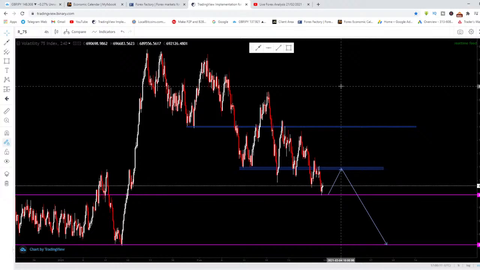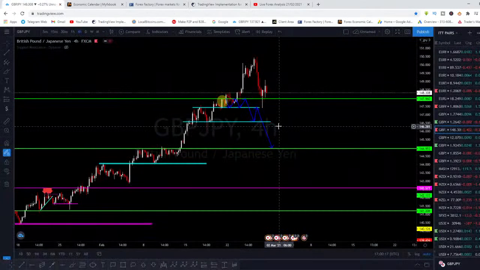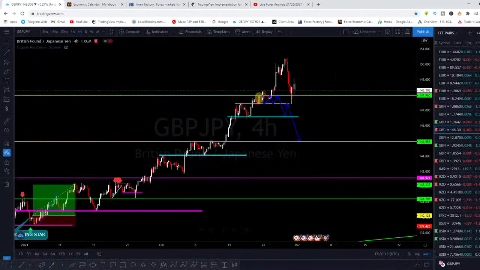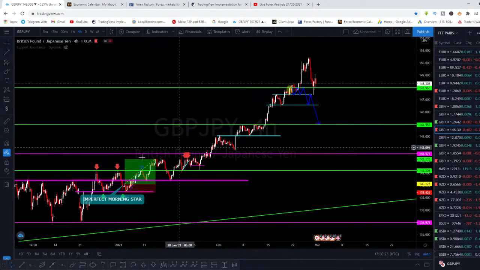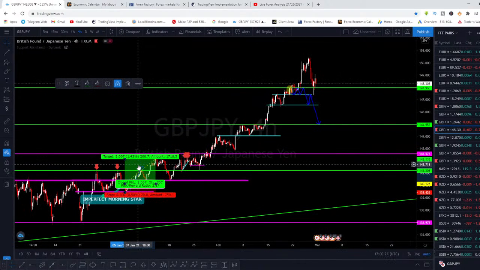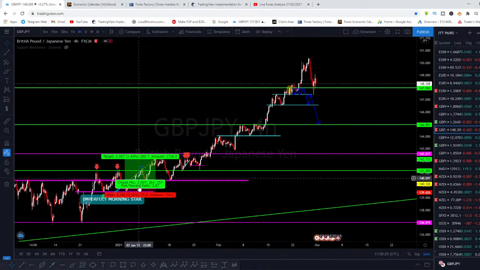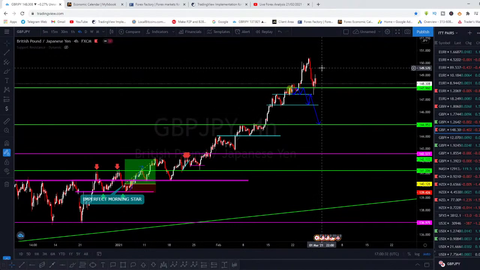So that's just it, guys. Right now, let's continue with currency pairs. But first of all, somebody asked about GBP JPY. So this is GBP JPY right now. You guys still remember when exactly we executed the trade around this area? You see, I did not even delete everything. Boom, it continued to push back up to the upside for about 1,000 pips, man. 1,000 pips. Come on, bro.